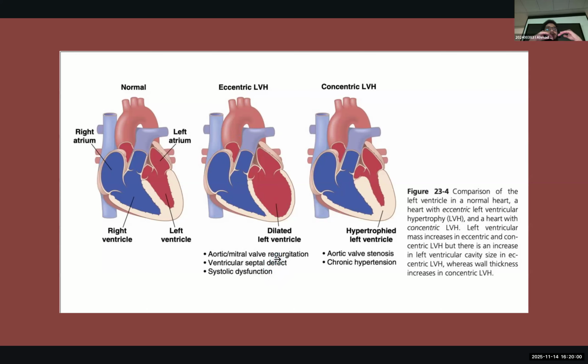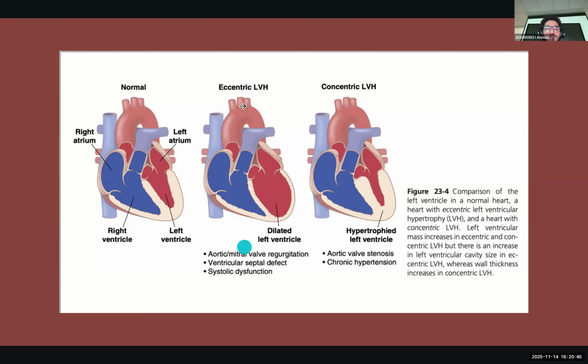What happens is that this is the exact opposite of stenosis. In stenosis, the valve was getting harder. Here, it's becoming weaker. As a result, following contraction, let's say after the ventricle contracts and it enters into diastole, normally the aortic valve should close, right? But in this case, the aortic valve, although it's closed, is slightly weak. It cannot fully stop the blood that's trying to flow back into the ventricle. And as a result, blood flows back into the ventricle, which originally wasn't taking place, and starts happening. As a result, the end systolic volume increases, and many other things happen. But the important thing is it results in this eccentric hypertrophy.